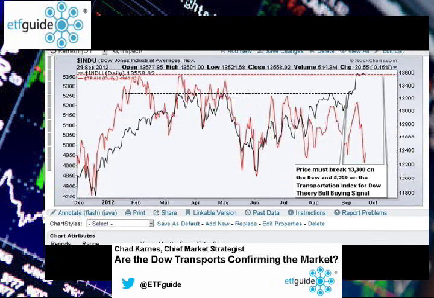Right now, the Transportation Index is telling us something. It is telling us that the economy is not as strong as everyone seems to think. We were ahead of this in August. Part of the reason is because of Dow theory and the non-confirmations that have occurred now for almost an entire year in the Transportation Index, that it's been showing weakness versus the industrials. This is not something that we should take lightly. This is a warning sign, and we need to heed the advice of what the transportations are telling us right now.